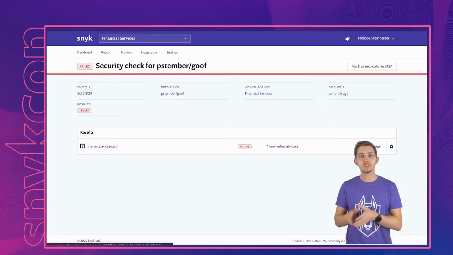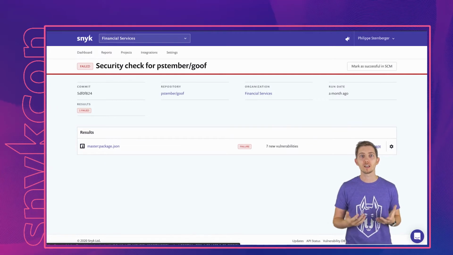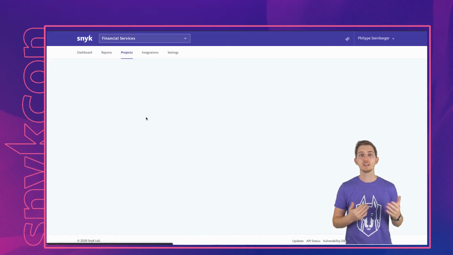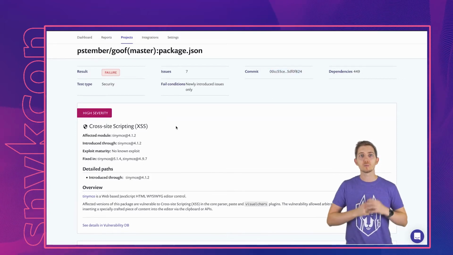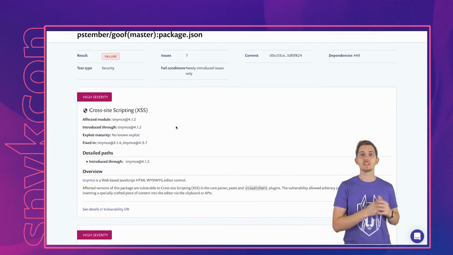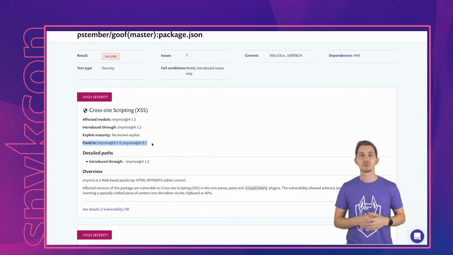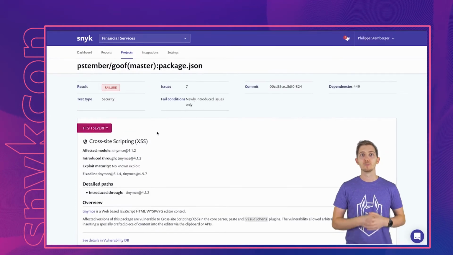So let's jump into this and look at what exactly are we going to be adding into the code base. Here I can see that I have 7 new vulnerabilities. They are coming from this commit to this commit. So we're just looking at what we're going to add. We're not looking at our legacy issues. And here we're telling the developer what is the problem, what is the fixed version, what can they do about it. Because I would have developed this in context, I can now go back and change it straight away, being